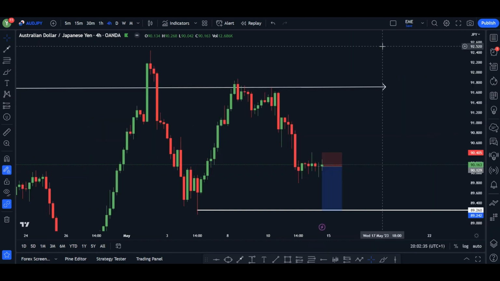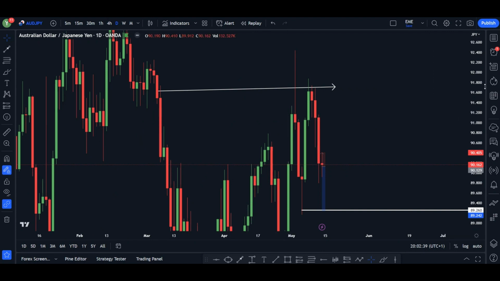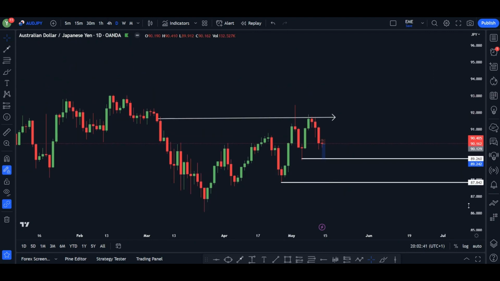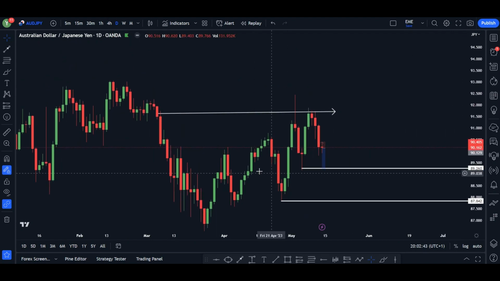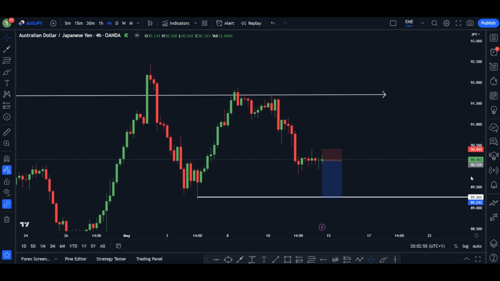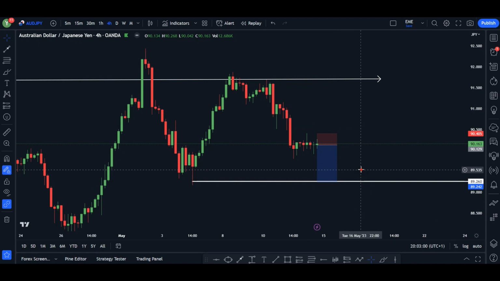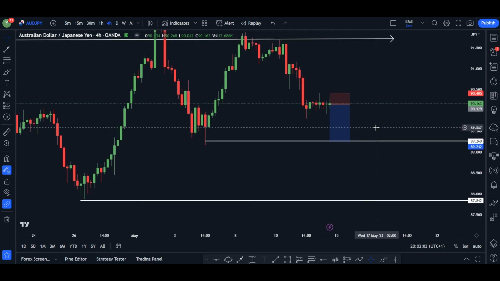AUDJPY hasn't moved that much yet. It's still around my entry. So, similar setup that I've just explained from the previous chart, and here will be my target zone, and this level as the next possible low, structural low. So for this guy, I'm just looking to bag about 80 pips or so here, and I'll reassess the